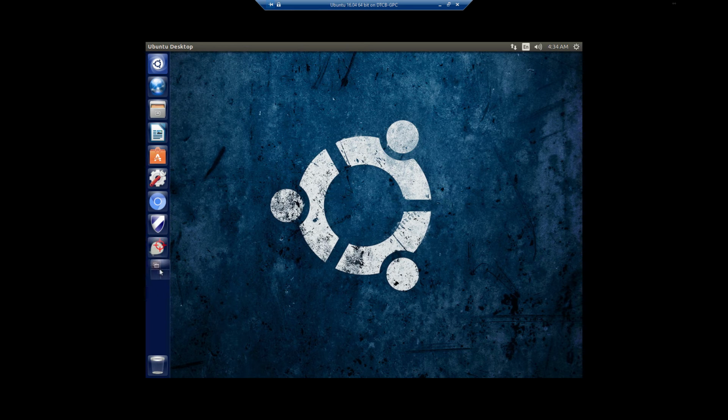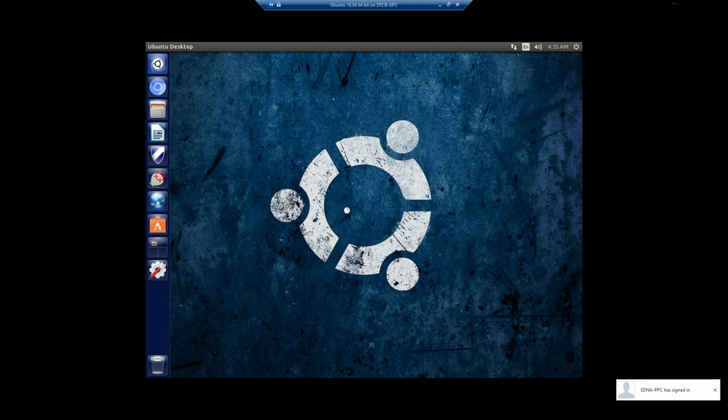Now to adjust your icons and where they sit, all you have to do is just grab, like I did right there, move it over to the left, bring it down, and then drop it where you want it to, and that'll move them around. So I'm going to put Chrome up there. The software one I would really prefer be near the bottom, and settings be at the very bottom. So now that I have that set,